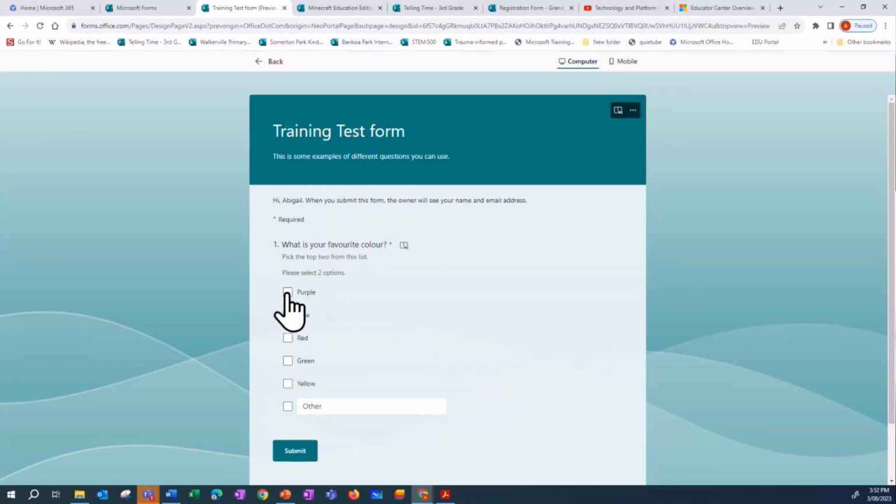And then you can see here, it's told me I've got to select 2 because I put that restriction on, so it won't let me click other. But if I've clicked 1, I could put in here rainbow, and then when I submit that,